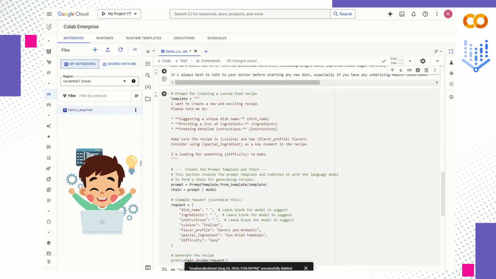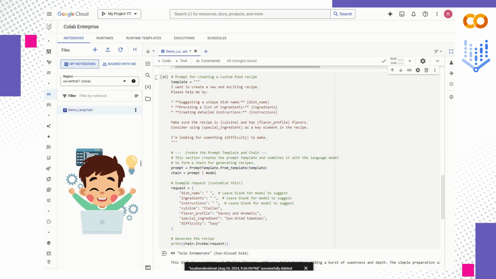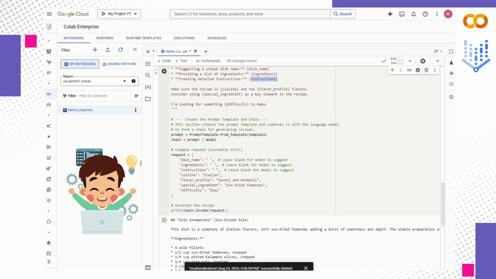Now we'll introduce a prompt template. This helps us structure our request to the model in a more flexible way. We define a template with placeholder values for different parts of the request, such as the dish name, ingredients, instructions, and other parameters. We combine the prompt template with the Gemini language model using the chain operator,